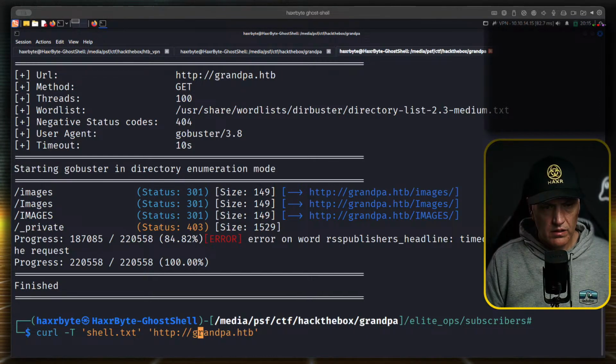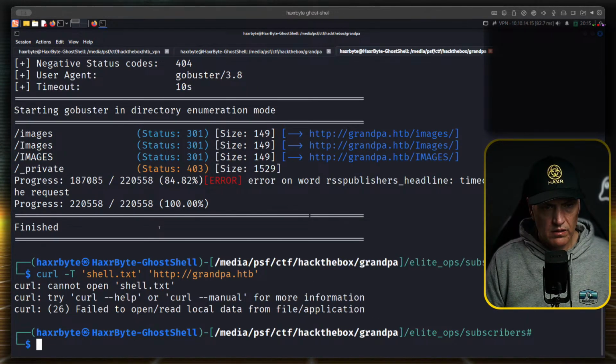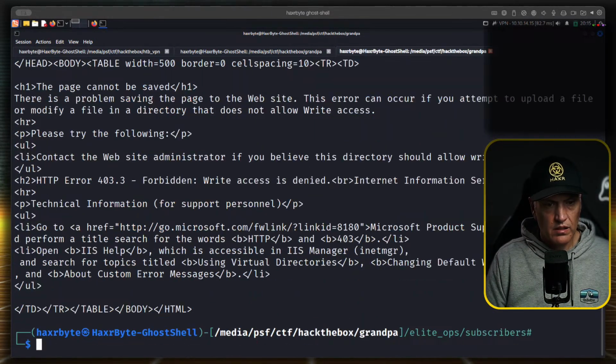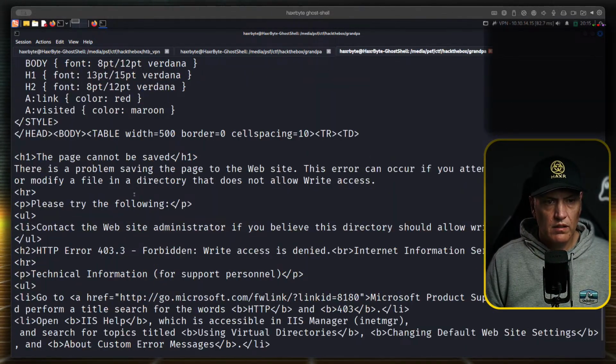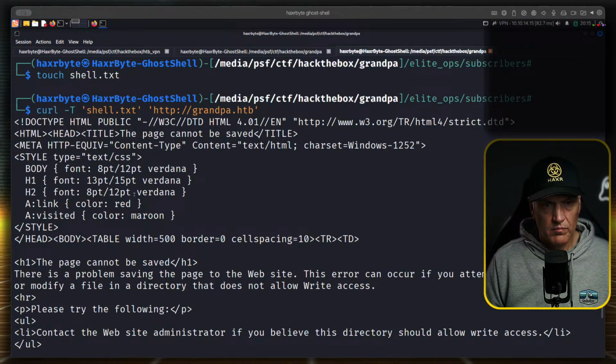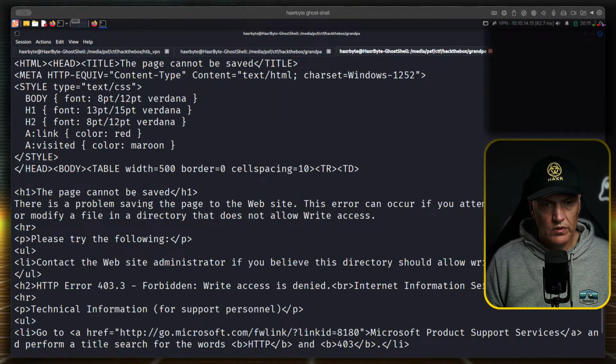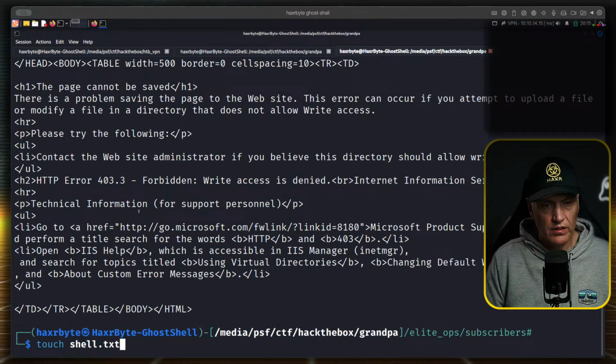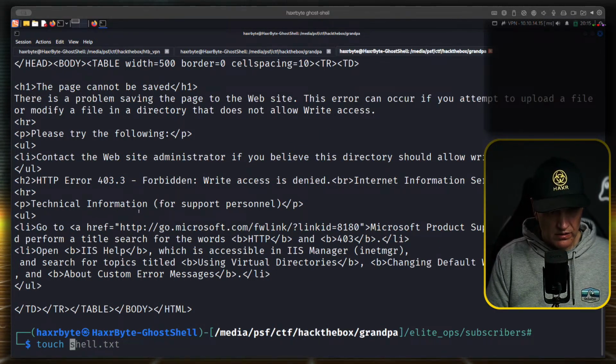Let's grind grandpa.hackthebox. Touch shell.txt. Page cannot be saved. There's a problem saving the page. Okay. Let's try shell.html.